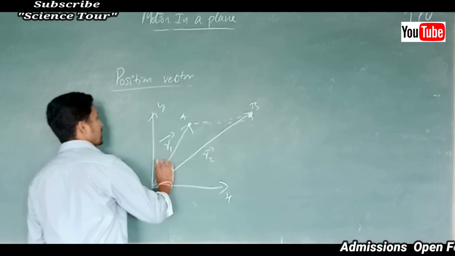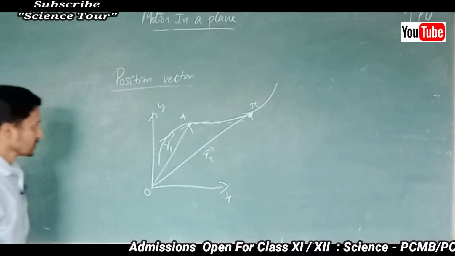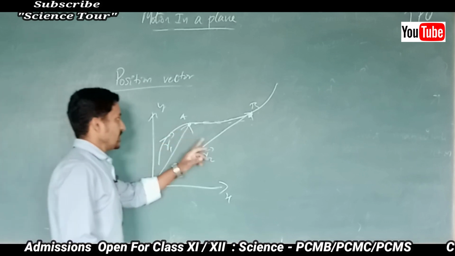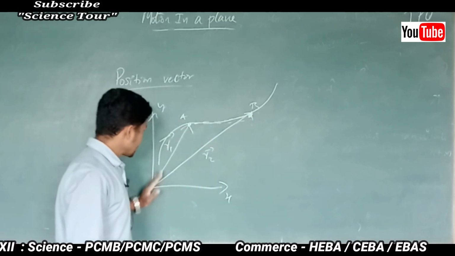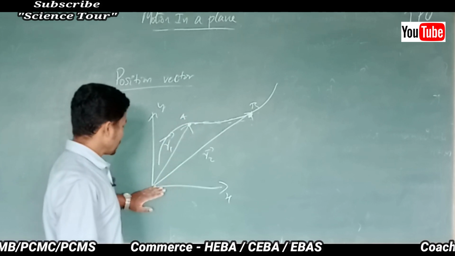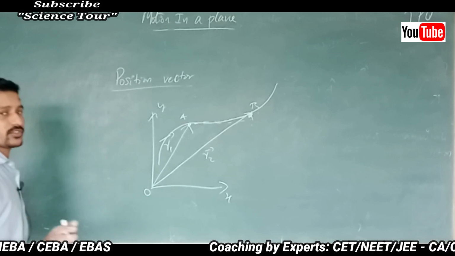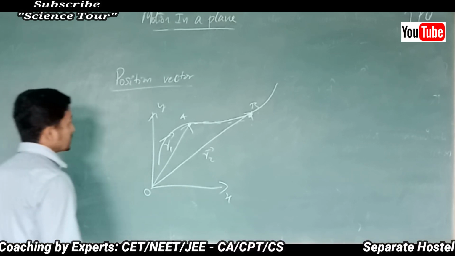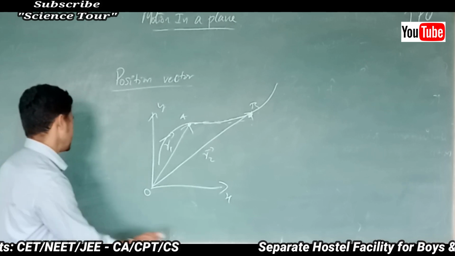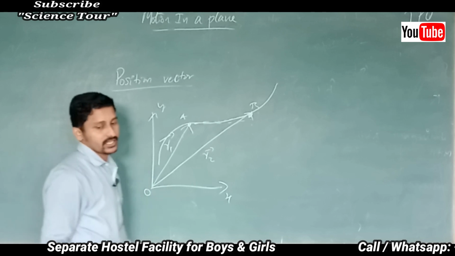So I can write that the butterfly has moved in this way. First it was here, now it is here, from A to B displaced. What was the position from O? It was A. What was the position from O? That was R2. Position vectors we generally write as R1 and R2. Okay, see, this is the position vector. So what is a position vector? Write down.